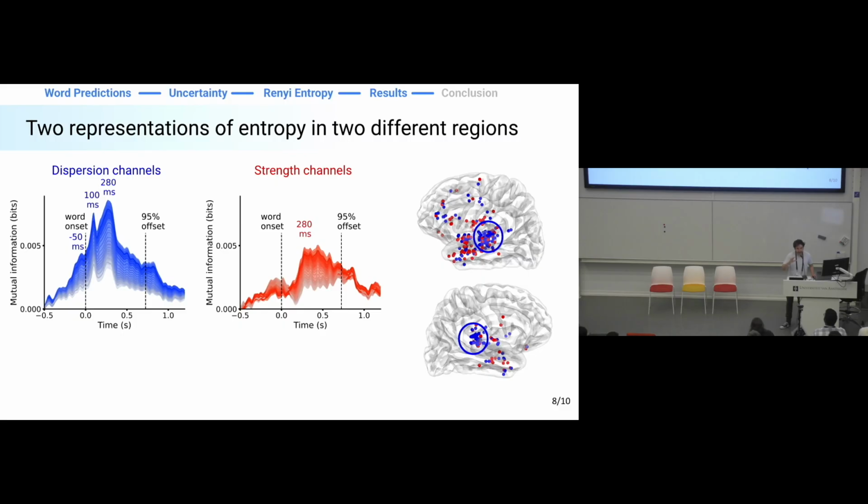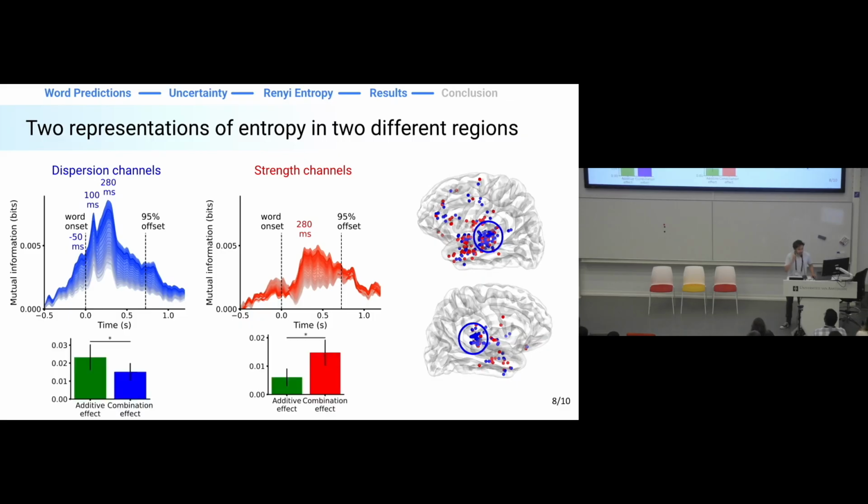Okay, that's cool. We have a general idea of what's going on in these channels. But what is also extremely interesting here is that the way uncertainty interacts with surprisal is not the same. On the dispersion channel, the addition of uncertainty and surprisal is sub-additive. So if you are expected to be surprised, you're going to be less surprised, kind of like in a sensory optimization way. However, on the strength channel, if you are expecting to be surprised, you're going to be even more surprised, in a more information search kind of way.